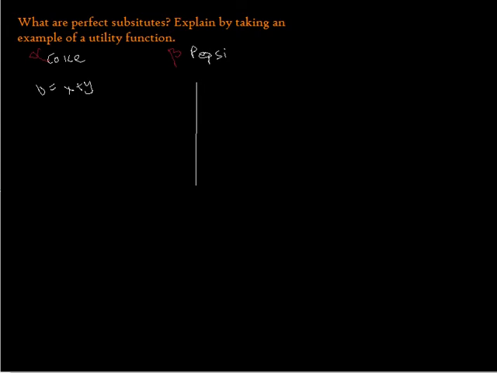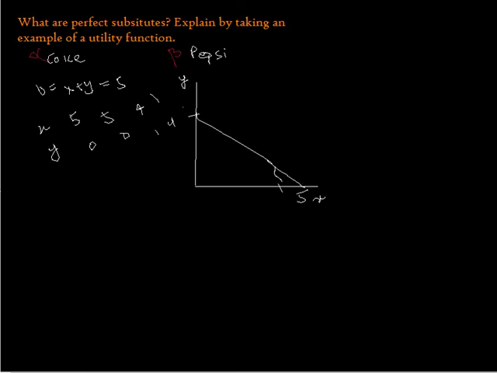As you already noticed, in order to draw an indifference curve, you have to keep utility constant. So suppose our utility is equal to 5. What are the different points for x and y which you can take? Say (5, 0), (0, 5), (4, 1), (1, 4), and so on and so forth. So suppose this is y, this is x, this is 5 here, this is 5 here, and just join them by a line. Okay, I'm sorry, this is like this. Say this is 5, and this is 5. So this is your utility function u equals x plus y.